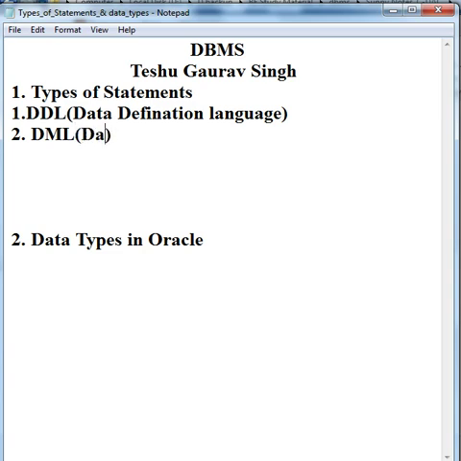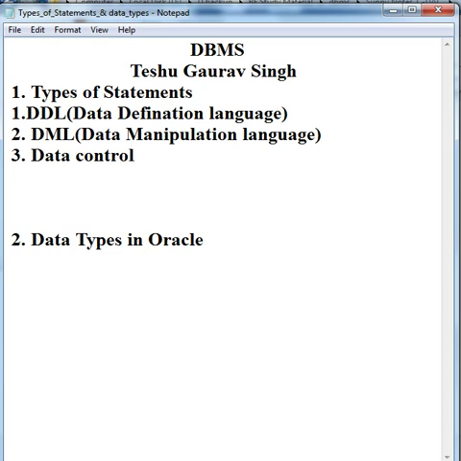Third, data control language, that is DCL.